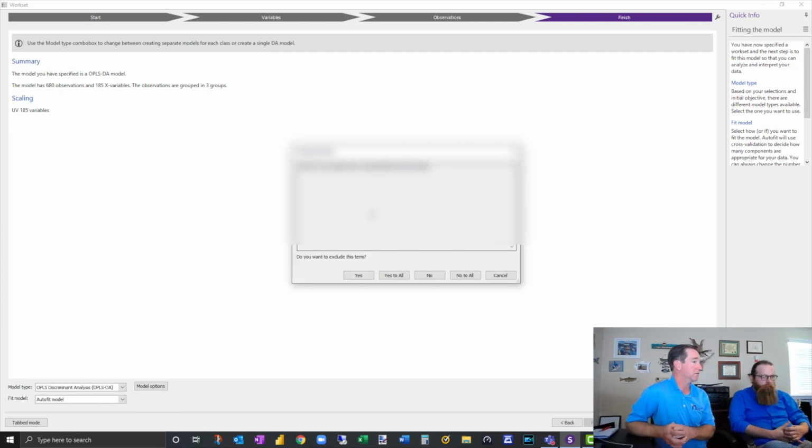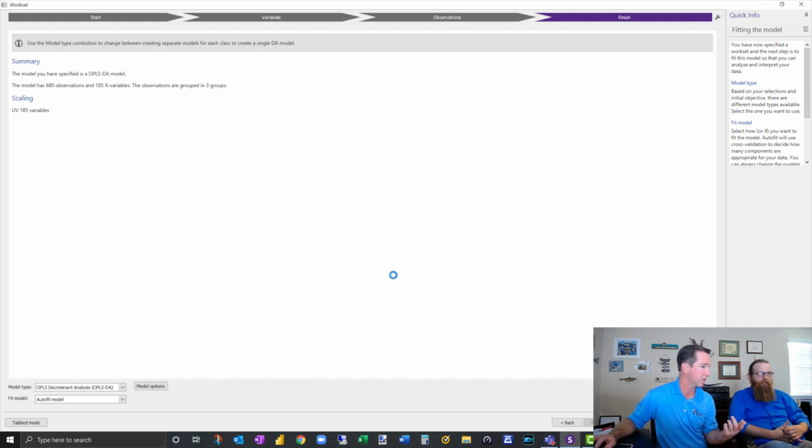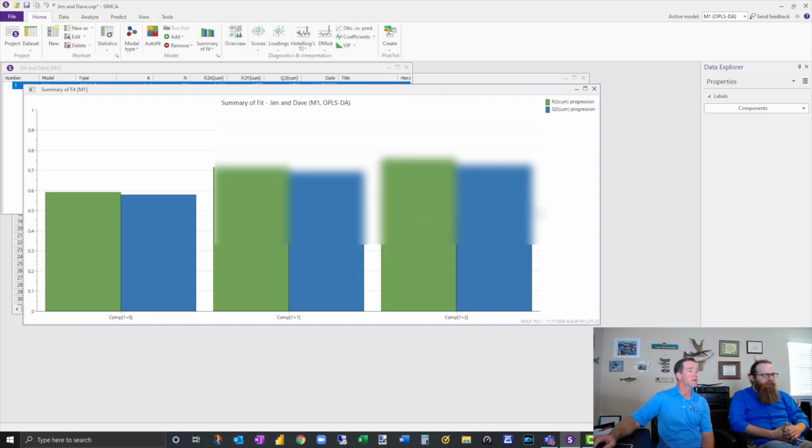Now, it's going to say, hey, the year has no values different from the median. I probably should have excluded this column. So, you know what? Do you want to exclude? Yes, I do. Okay. Hey, this particular one only has 2 different values from the median. Yeah, might as well exclude it because it's not going to tell me anything. This one only has 2. Okay. This one has 0. This one has 0. That one has 0. So you know what? I'm going to exclude all of those. Okay. So now